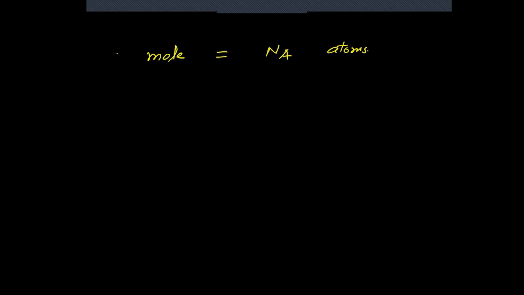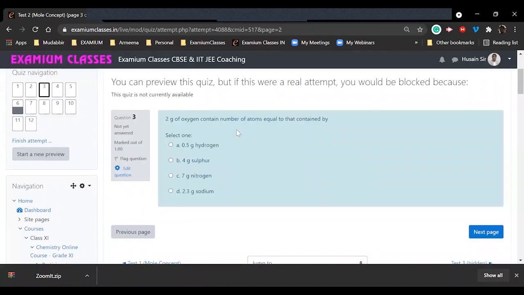Okay. Now see the question. What does the question say? The question says: 2 gram of oxygen contain number of atoms equal to. And whenever we are talking about 2 gram of oxygen, consider atom. Don't consider molecule. Because